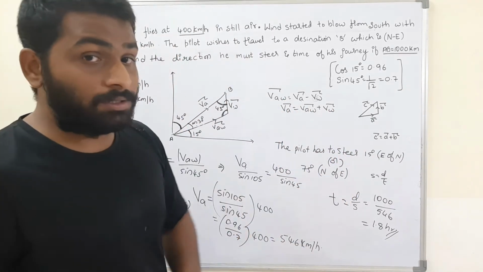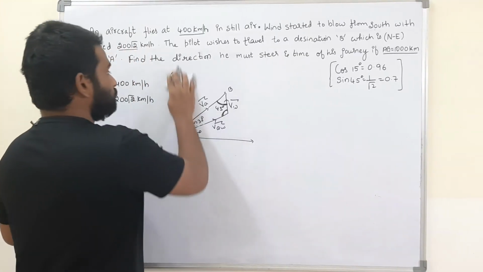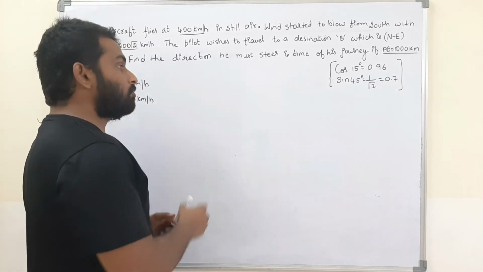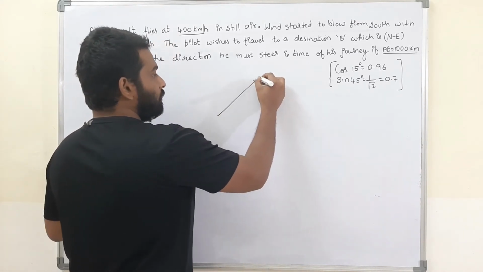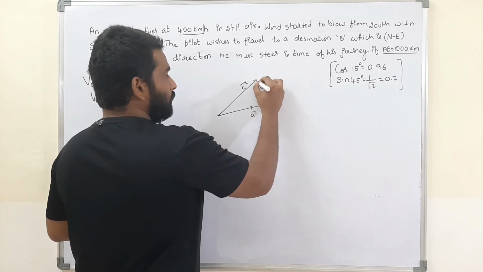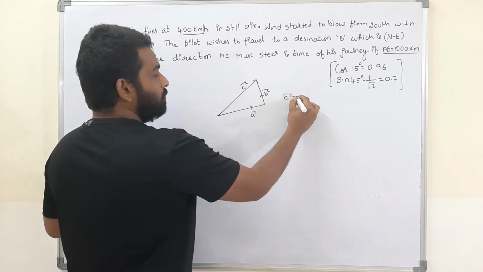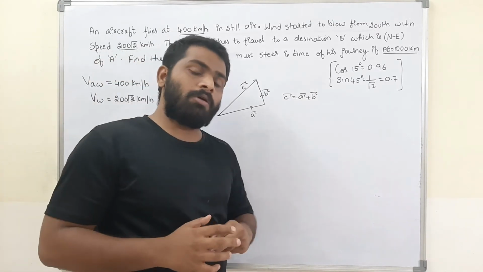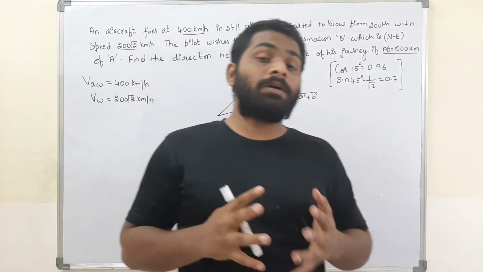Okay, now this is the second method. This is an easy method, a very easy method. If you want to solve this with this method, you should know one more concept. Now see here. This is C bar, this is A bar, and this is B bar, where C bar is equal to A bar plus B bar. Okay, well and good. Now I want to find C bar. How can I find C bar?